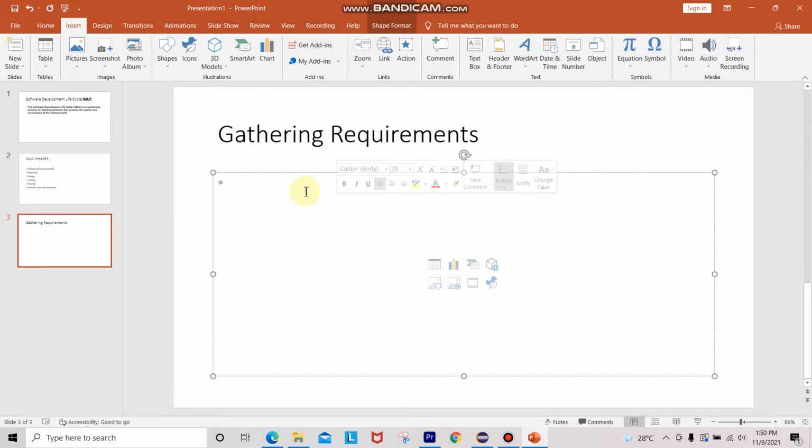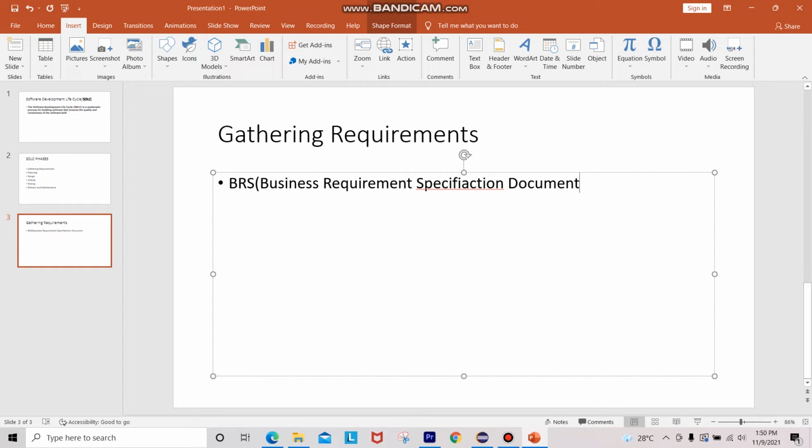That is the business requirement specification document, BRS. What does it mean?